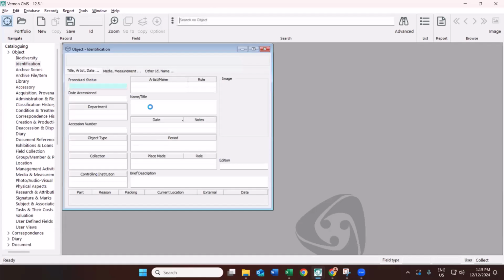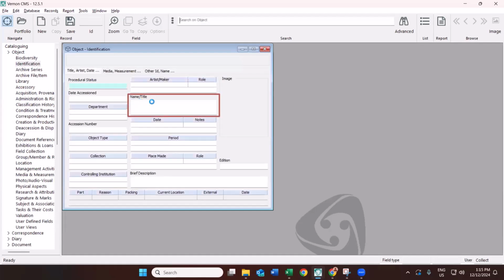So all of the standard fields within Vernon have a default label. So name title, for instance, is our main name field. You can override any of those labels, and then those overrides will apply in all of the different standard screens, including searching, list manager, and the data entry screens like I am here now. So to relabel a field,